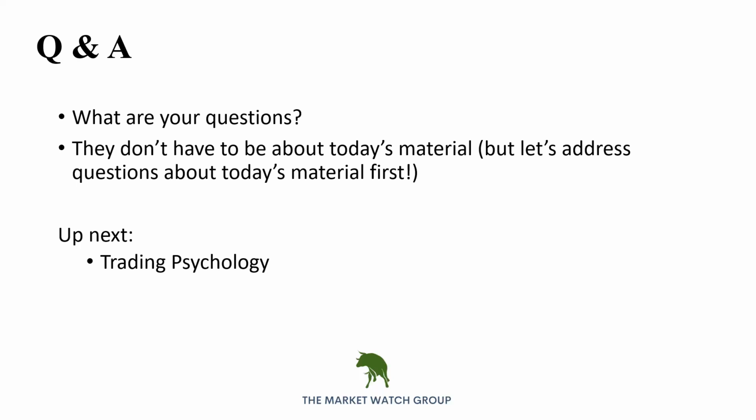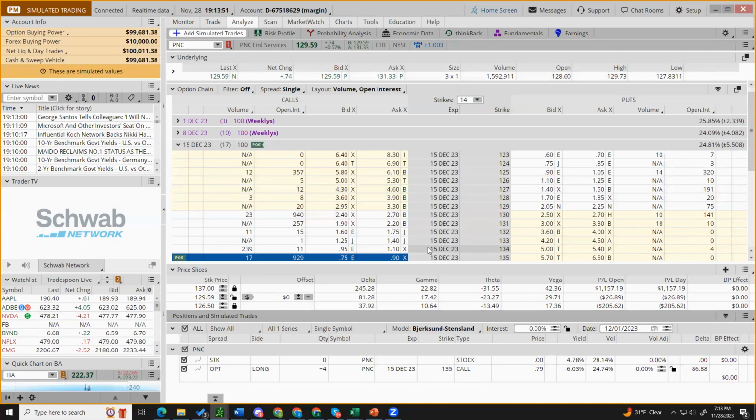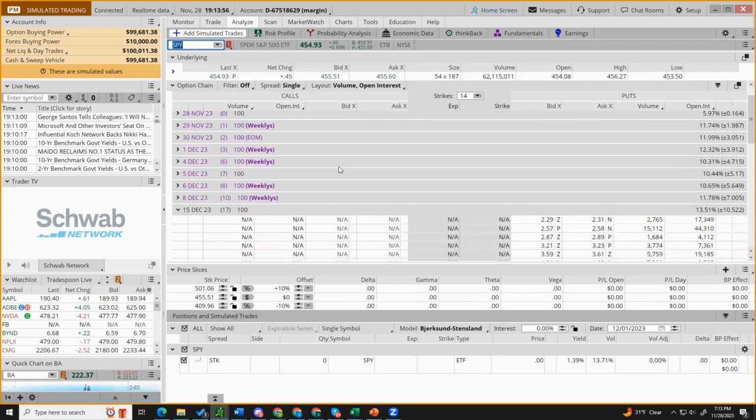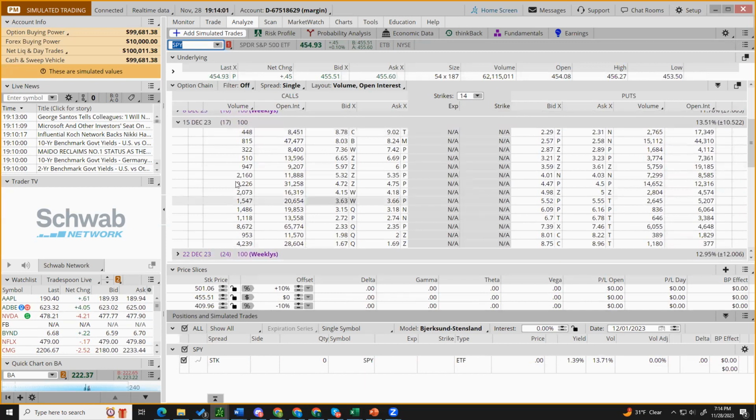And then again, can you explain the volume versus implied volatility? It seems that most options on chains, implied volatility is always higher. Yeah, that's a good question. Let me pull up a chart, because if you look at SPY, it's not at all going to be like that. Remember that. So I've got volume and open interest here, and volume. So volume is how many contracts of that strike price.